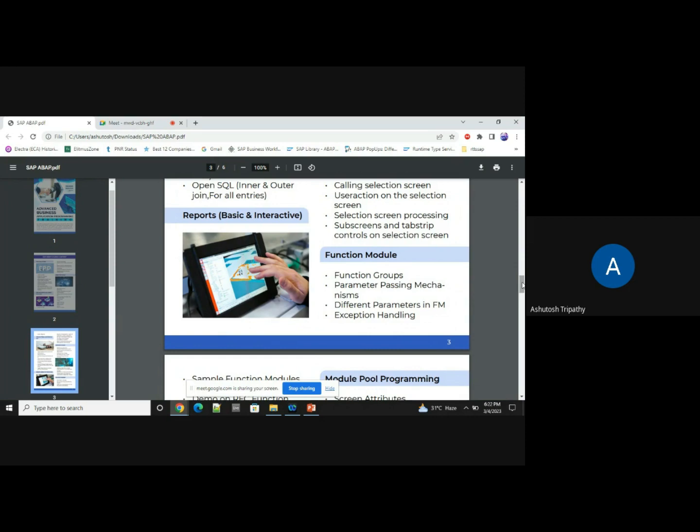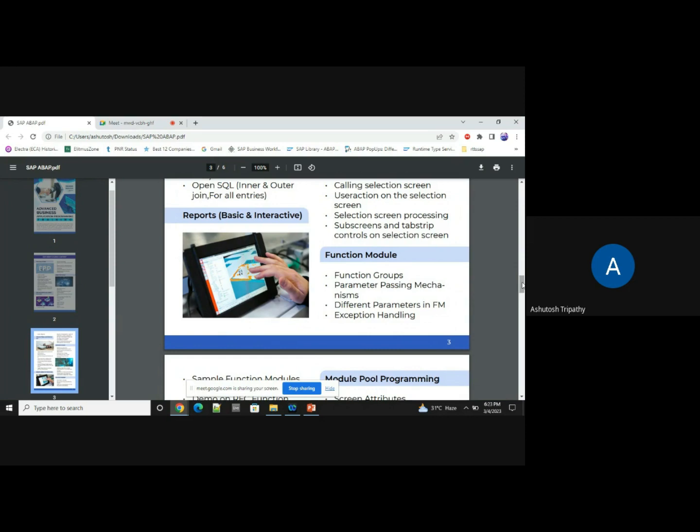Now, how do we create them? How do we basically display a particular information in terms of report? In SAP, we have a terminology called reporting, where we can create basic or interactive report. An interactive report is nothing but where you can drill down to different screens. Let's say you have a sales order report. You click on the sales order number. You will navigate to another screen where you can see the details. For whom this sales order has been created, or who is the vendor basically who is involved in the sales order. If you click on the vendor number, then you will be further navigating to the vendor bank details or something like that.